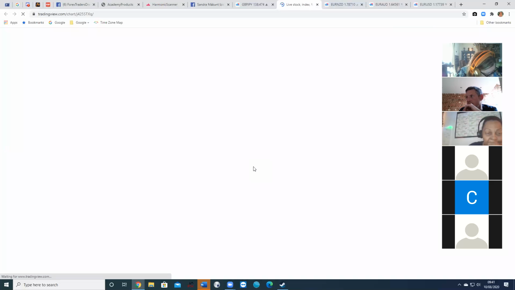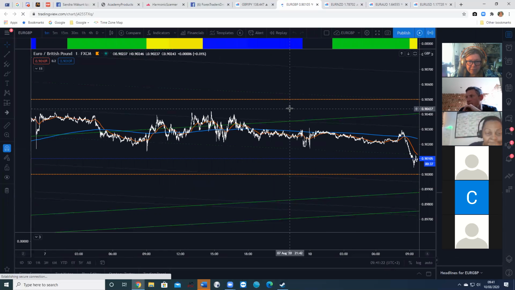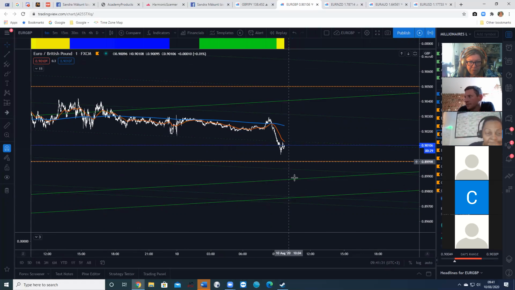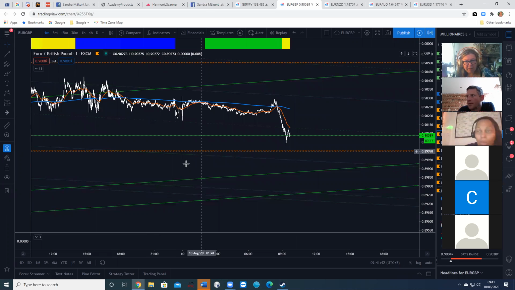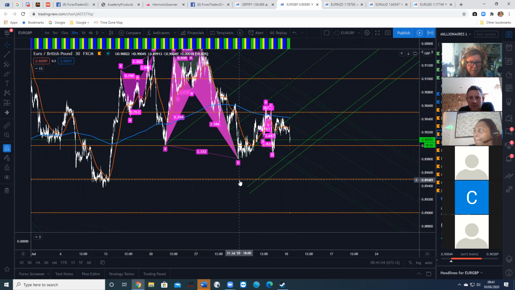Euro GBP. That's selling, coming down to, there's an old pitchfork there, quarter theory. So that's doing the opposite to what some of the other euros are doing. So that's interesting. So maybe that's something we need to take note of. Why is one doing different from the other correlating pairs? And this scan is the 31st of July that I was looking at. Let me just see what the,